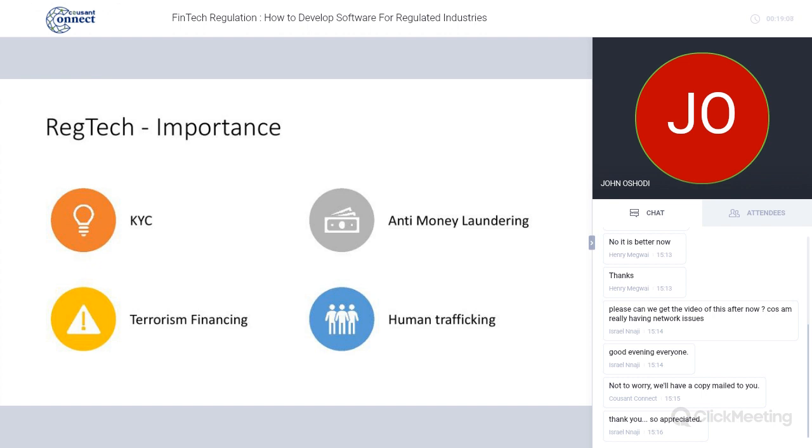So if you don't know your customer up front, there's a slight chance that the customer might be placing money in your organization for things that they